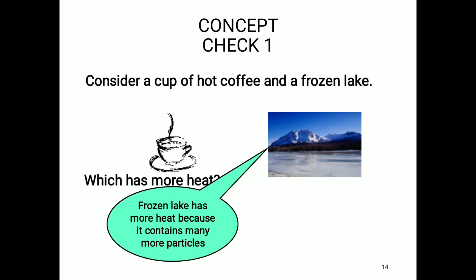So the frozen lake has higher heat, whereas the hot coffee has the higher